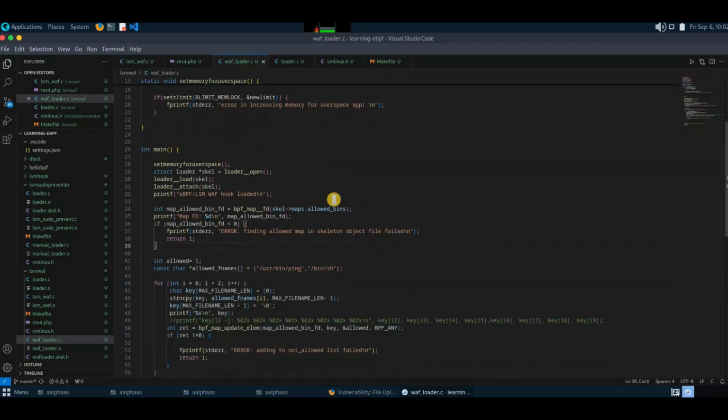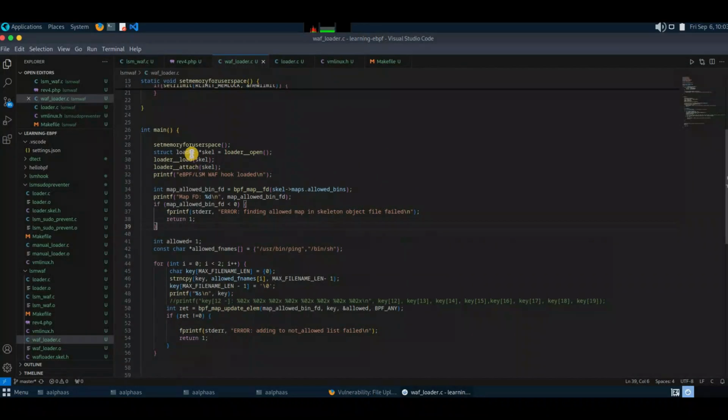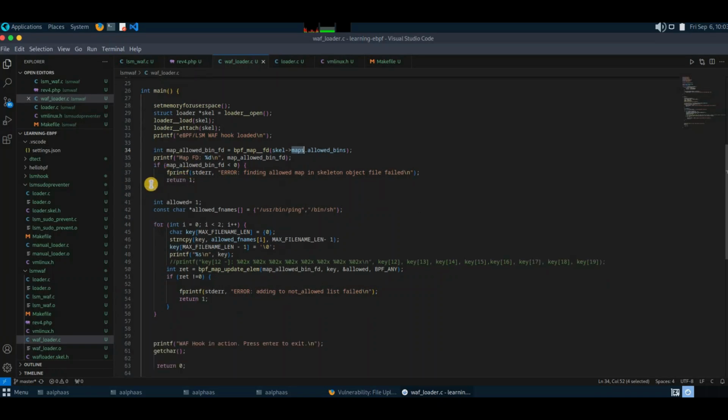Here everything is the same as the sudo privilege escalation block. I'm loading, setting up my memory, loading from the skeleton, and getting the map file descriptor using the maps from my skeleton file. Then I come here and create my